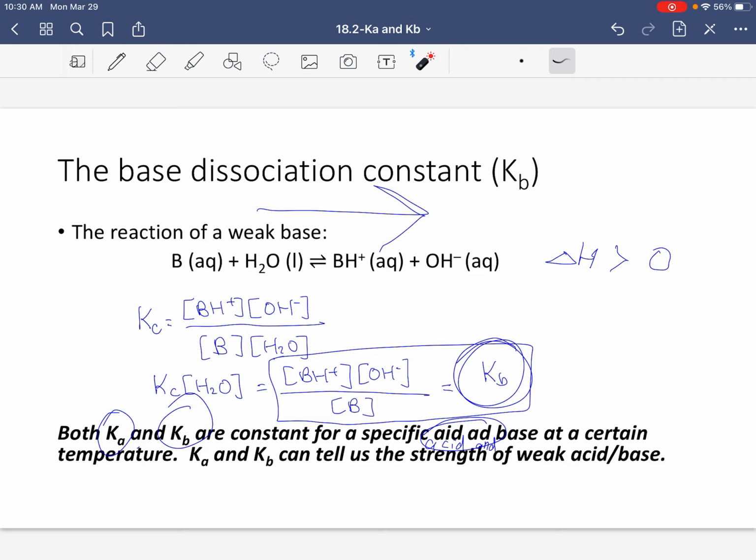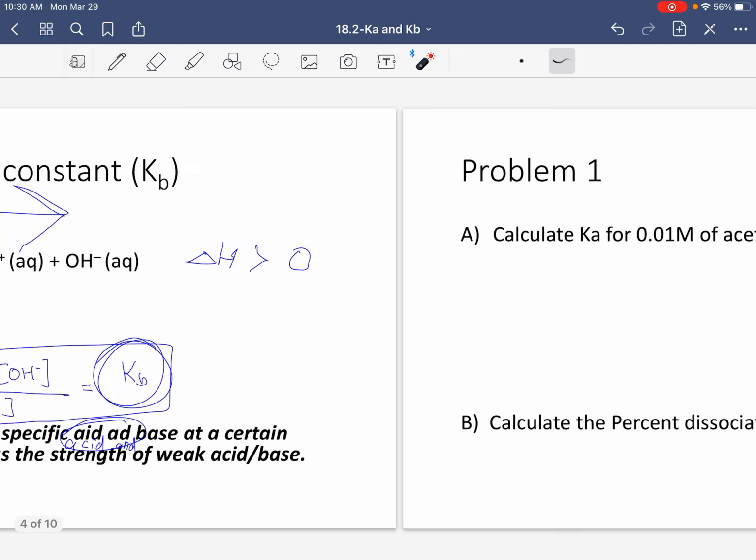So a lot of people turn this into a pKa and pKb. That way it kind of reminds them that the lower the number, the more acidic something is, and the higher the number, the more basic something is. So put that into a negative log value. Okay, so you'll see pKa, pKb, sort of resemble pH. Anyway,